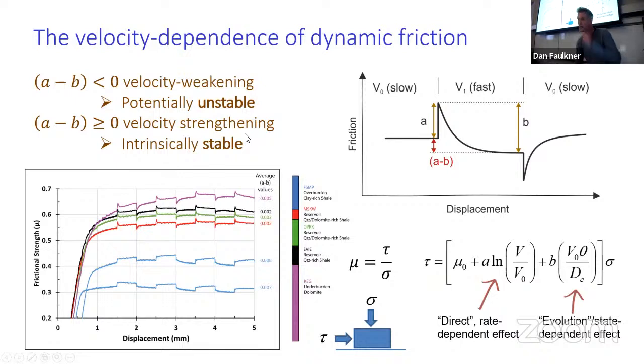It leads to two different types of behavior, particularly. What's illustrated here is velocity weakening behavior, where here's the frictional strength of our rock to start with at this slow sliding velocity. As we change to a slightly faster sliding velocity, the first thing we see is a jump in the strength, and then it evolves over some characteristic slip weakening distance to a new steady state strength down here.